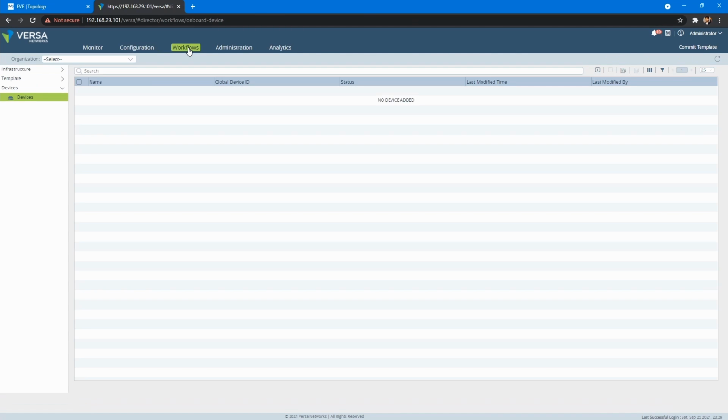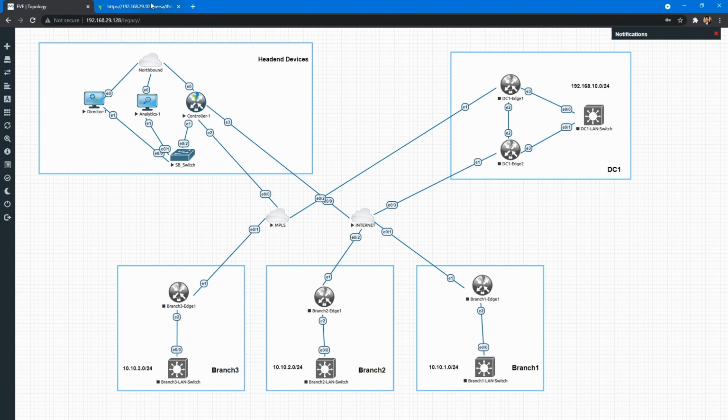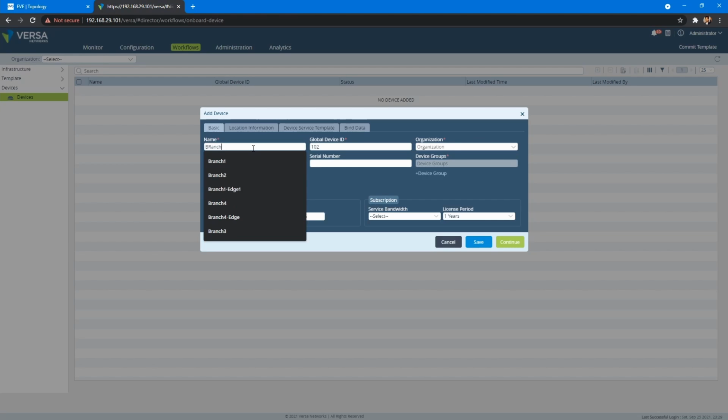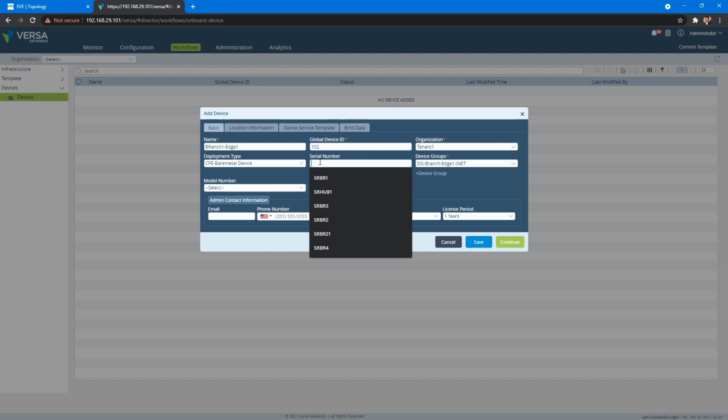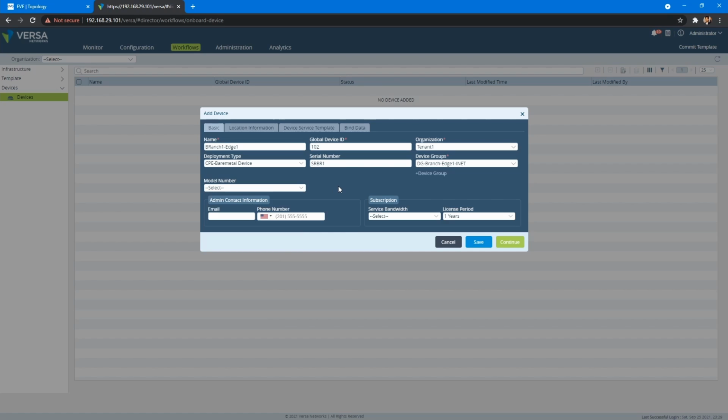The last step is to create the device binding. So workflows, devices and devices, then click on add. We are doing this for edge 1. So we have to provide a host name, branch 1, edge 1. This will generate one device ID. Organization is tenant 1. For serial number, as it is a lab, we'll provide the serial number manually. And here you can select the device group. You can also define the model number. So in real life, if you're using a particular model, you can select it from here. For our lab, we're using the virtual image, so no need to add anything here.